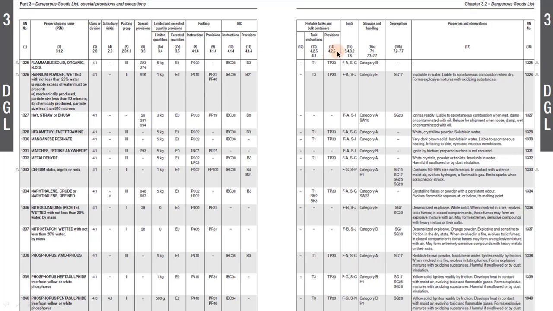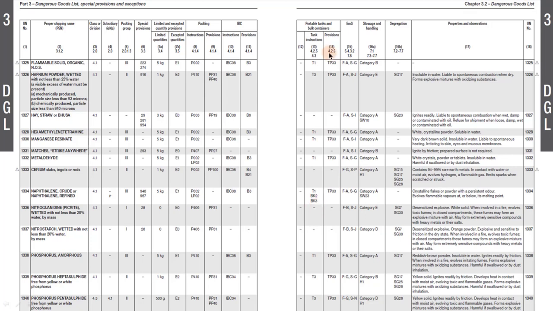So we can look this up in 4.2.5 in the similar way that we did earlier. Now wherever a T code and a TP code are not provided in this column, like for this substance here, this means that this dangerous good is not authorized for transport in tanks. And wherever code BK is given, this refers to the type of bulk containers used for transport of bulk goods.